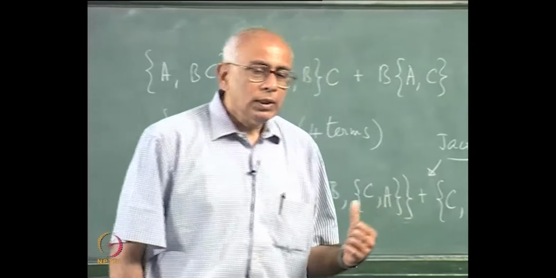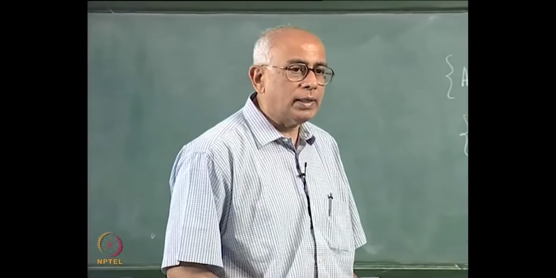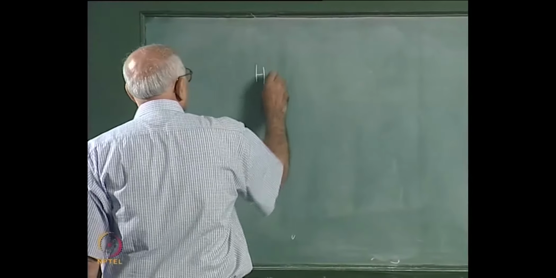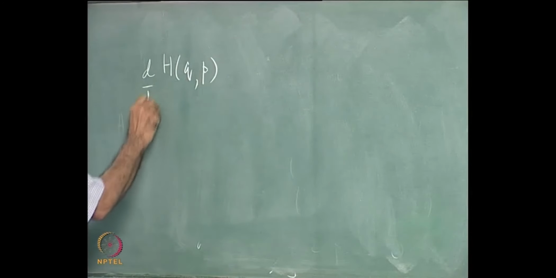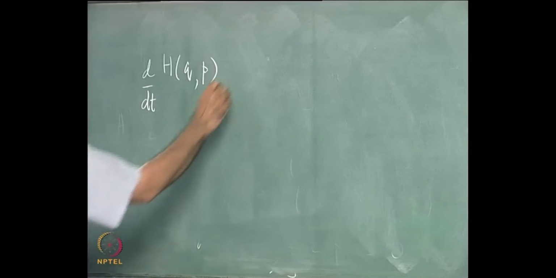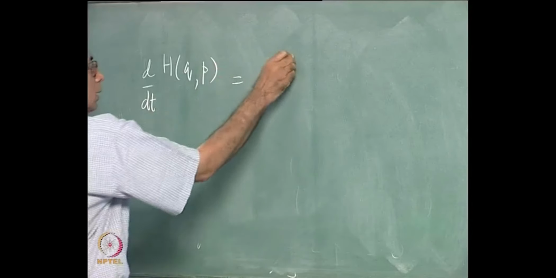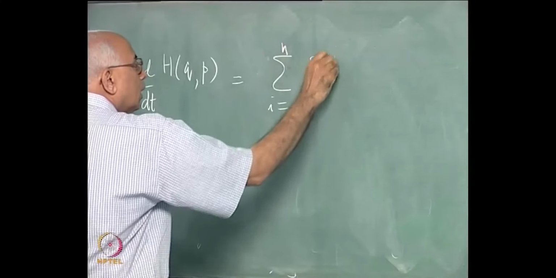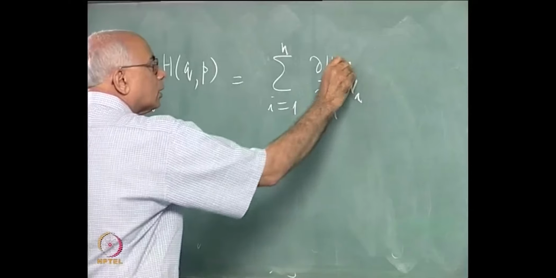I now show you that the Hamiltonian itself for autonomous systems is a constant of the motion identically, and that is easy to see, because if I start with h as a function of all the q's and p's and I compute d over dt of this quantity, this is equal to, by definition, a summation over the degrees of freedom delta h over delta qi multiplied by qi dot